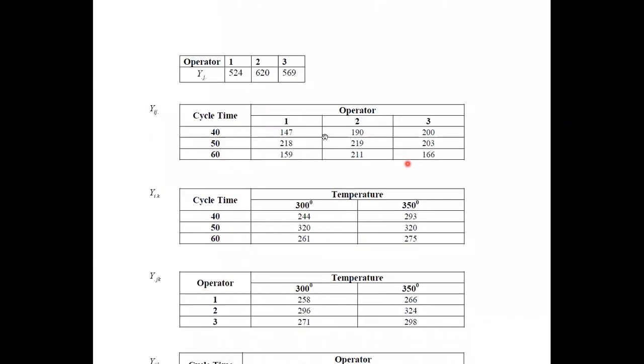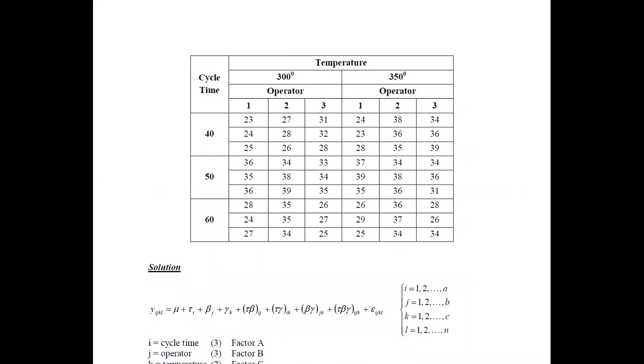This table can be obtained, and likewise, cycle time 40 with the temperatures also you need to take the value. Therefore, if you take about those values, then this can be taken simply as cycle time 40, temperature 300. This value is used. This set of values need to be taken, and for the next set of values, cycle time 40 with 350, then cycle time 50 with 300, and thereafter cycle time 50 with 350 degrees.